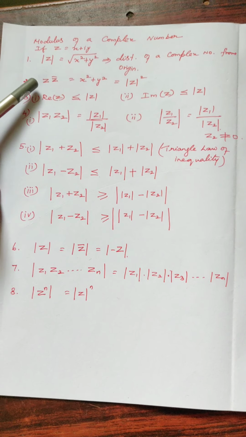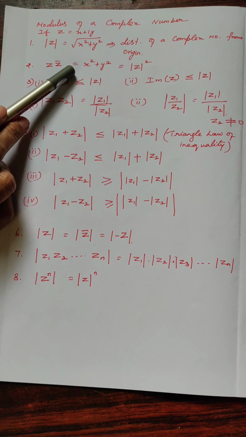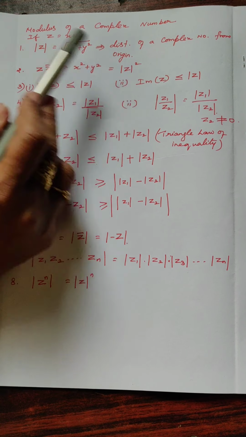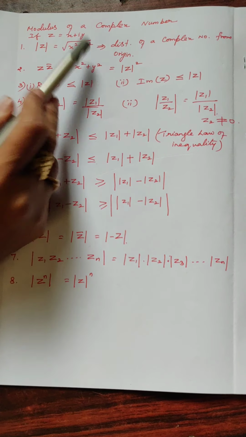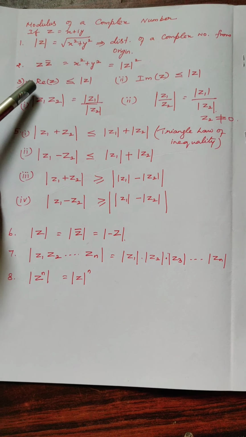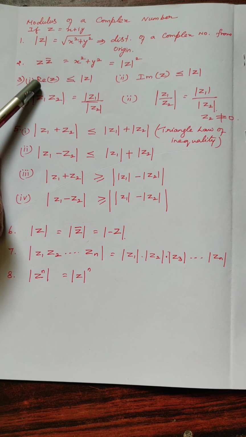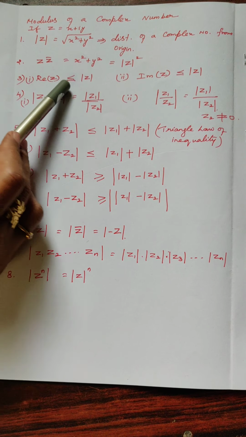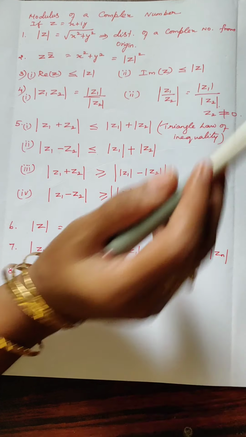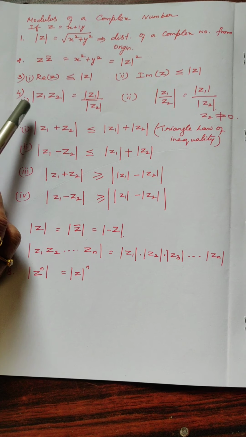Next we discussed z into z bar equal to modulus of z square, which is nothing but x square plus y square. Next we discussed geometrically that the real part of z is less than or equal to modulus of z, and the imaginary part of z is less than or equal to modulus of z. Then